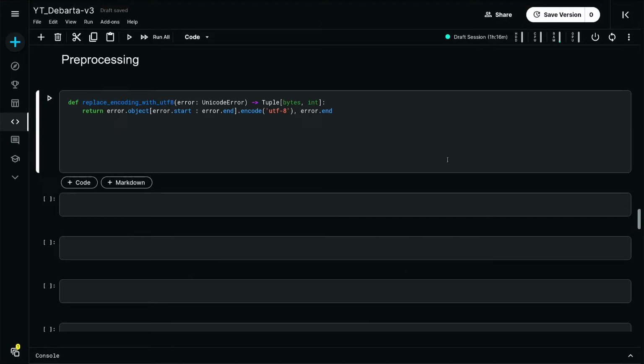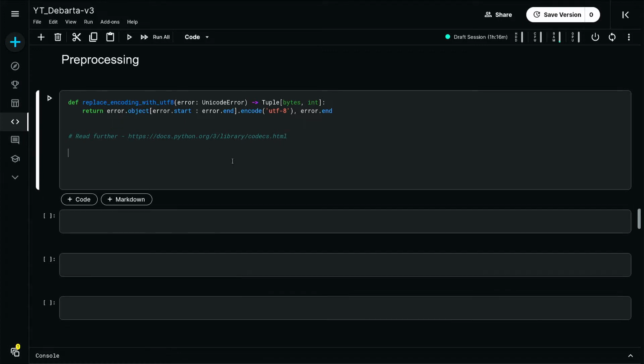So about this encoding and decoding, you can read further in the Python's codecs page. This one, you can just go to library codecs.html. That will give you more details about these various encoding methodologies, decoding methodologies, etc.